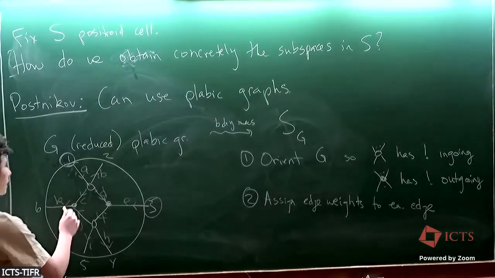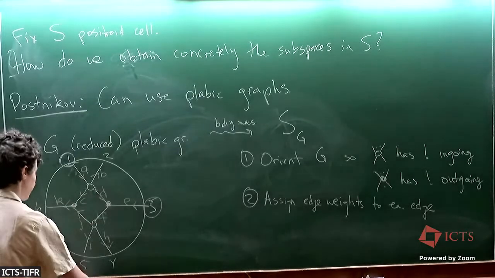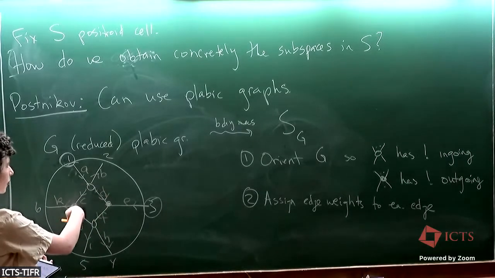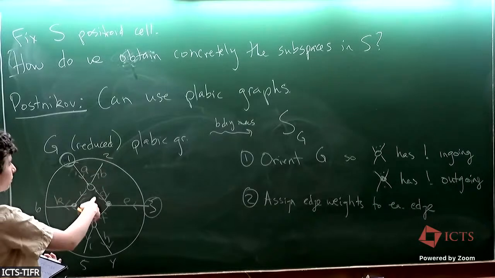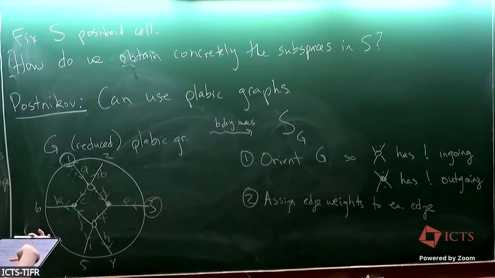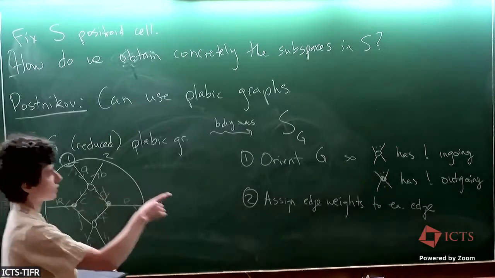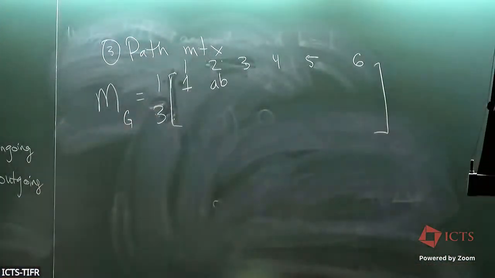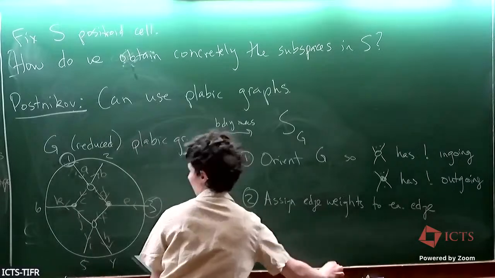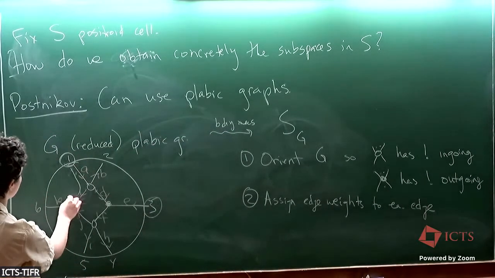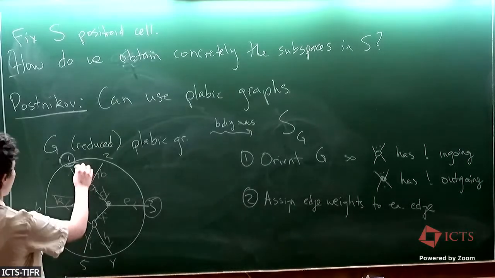So I always have to follow the orientation of the edges. If I go down here, I can't get back up to 2 because this edge is also oriented down. But there are examples where I have more than one path, and that's totally fine. So for this entry, 1, 6, I can go from 1 to 6 either like that or